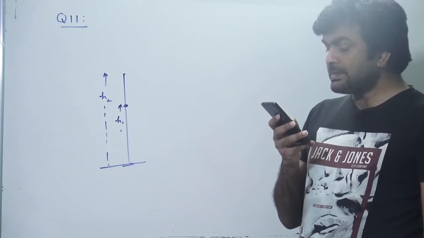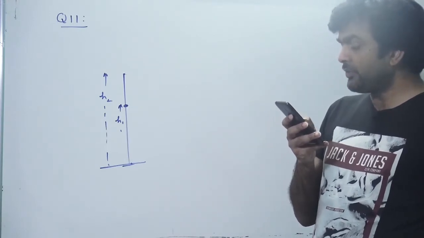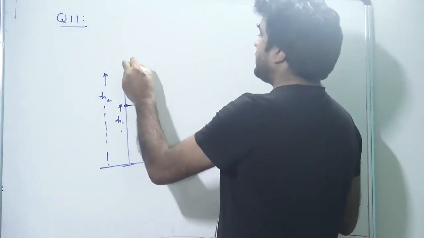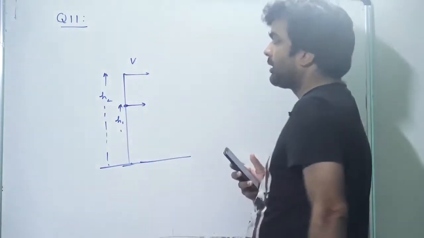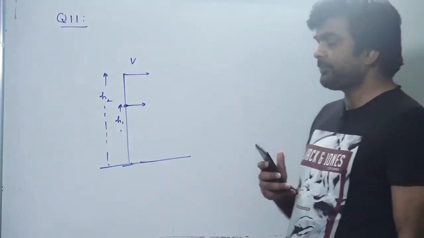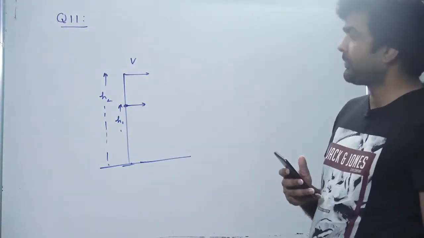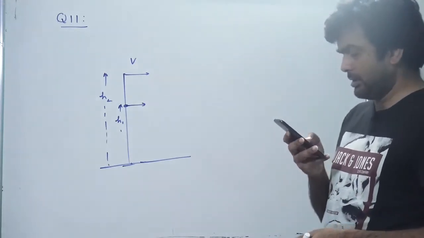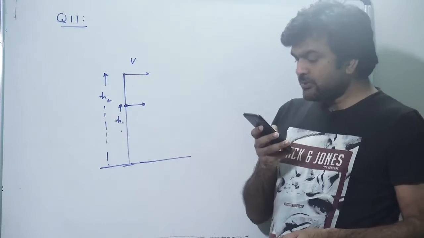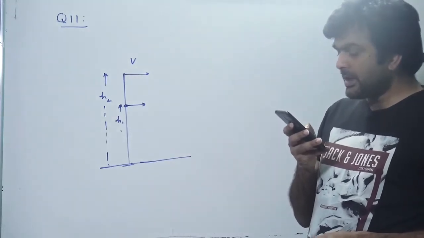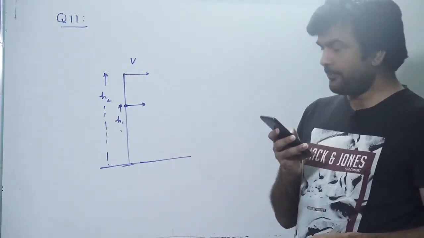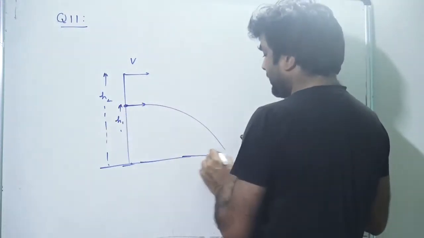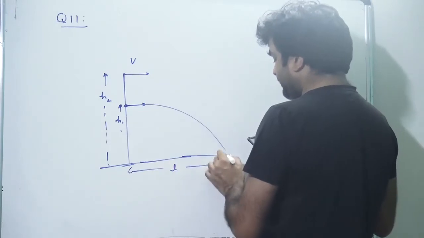And thrown in same direction along the horizontal with same speed v. They are thrown with same speed v in the horizontal direction. They have same mass and same charge, and they are falling under the influence of gravity. The first ball touches the ground at a distance L from the initial vertical. The first ball, which is at a lower height, touches the ground at a distance L from the vertical line.